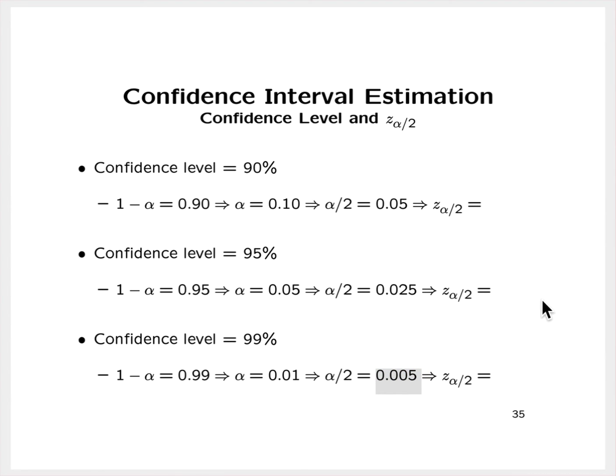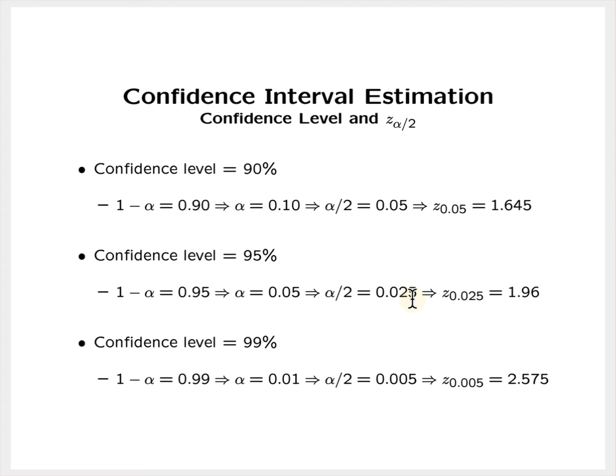Now let's determine these values. Let's start off with the middle one. Suppose that the confidence level is 95%, so that alpha over 2 is 0.025. Now remember, what this means is that